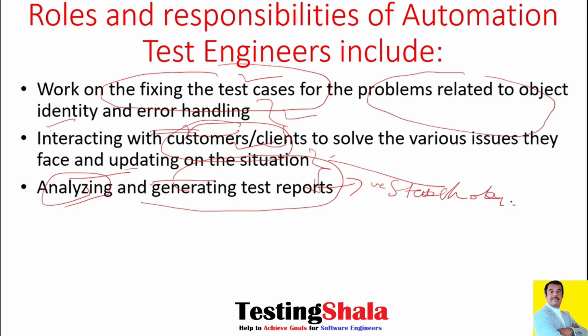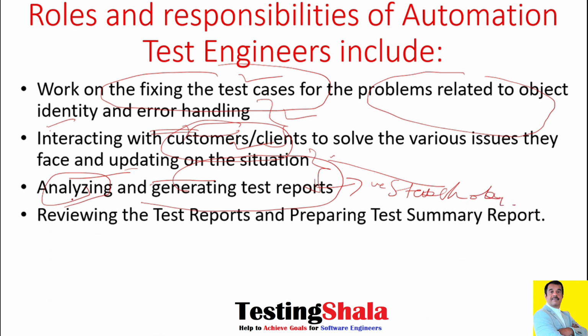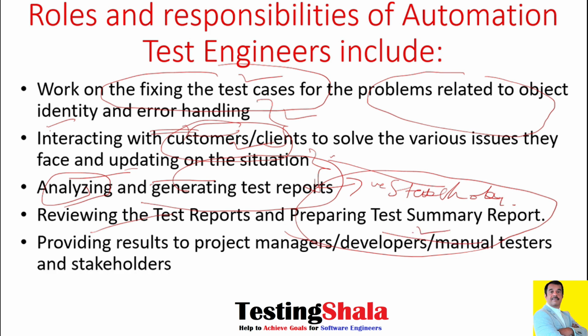so that you can send these automation reports across to the various stakeholders. That is also a key role and responsibility of an automation engineer. Once the review of test reports is done, as a test engineer you can prepare the TSR, which is the test summary report. The various stakeholders could be your project manager, your developer, or a manual tester, or any other stakeholders. You should share all your automation results with all these folks,